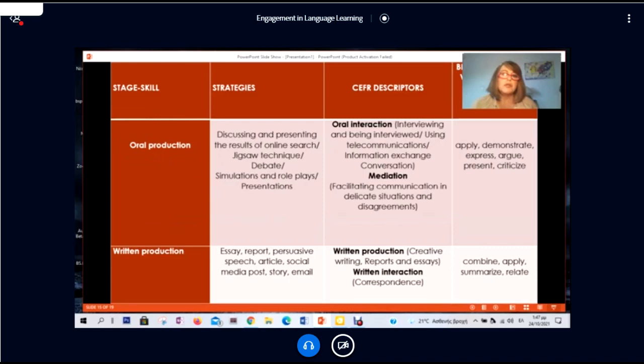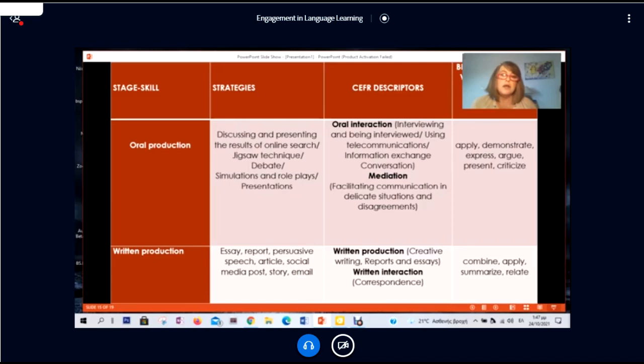For the oral production skill, the strategies we can implement are discussing and presenting the results of an online search, or using the jigsaw technique, a debate maybe, simulations and role plays, and presentations of group work or pair work. CEFR descriptors come from oral interaction and mediation skill,